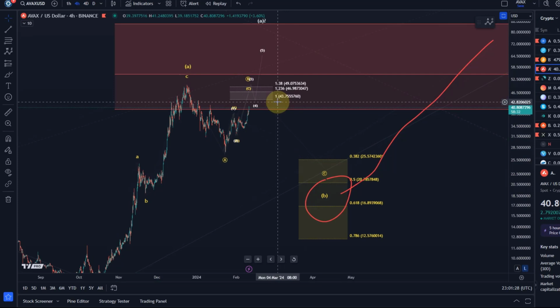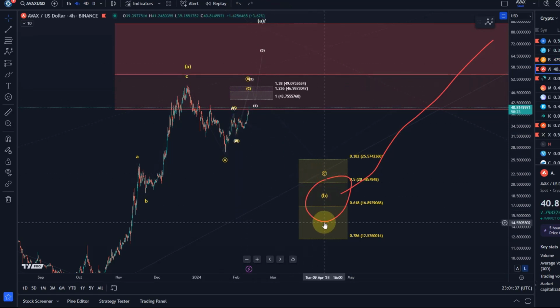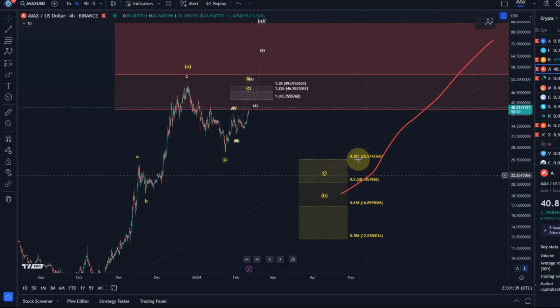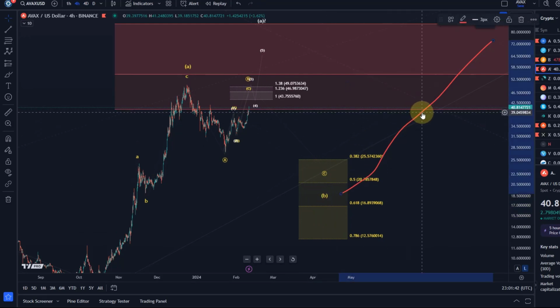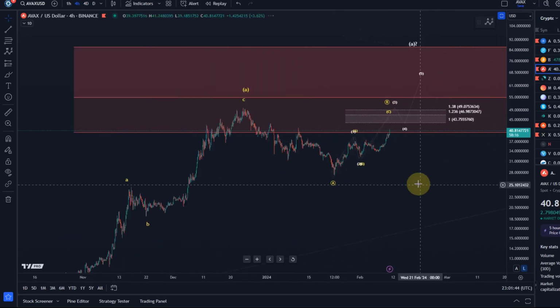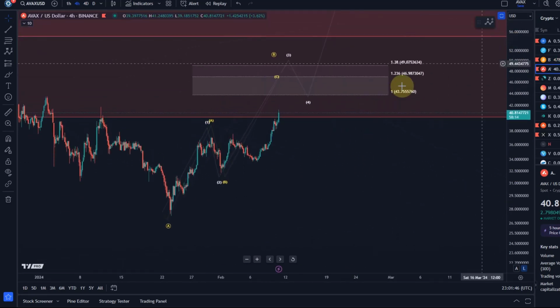But please be aware that a break below the most recent swing low could trigger the beginning of this yellow C wave within wave B. So I should have just reversed. One second. Okay. Anyway,